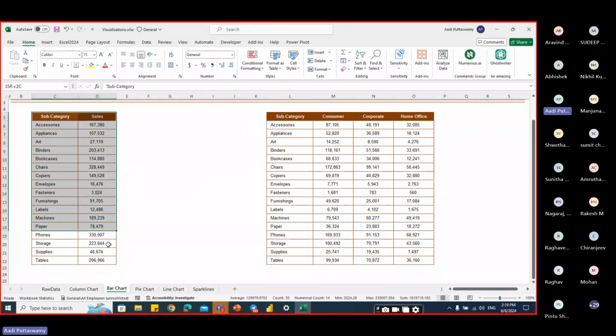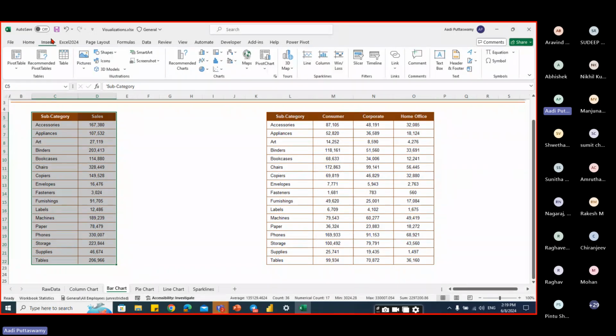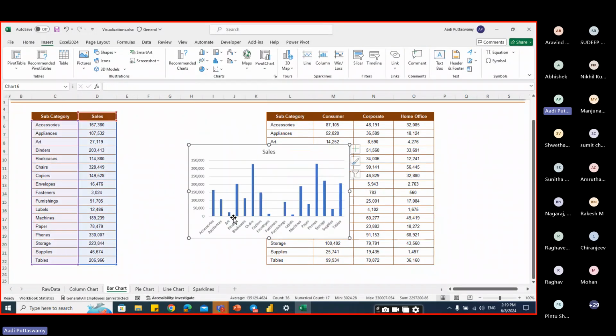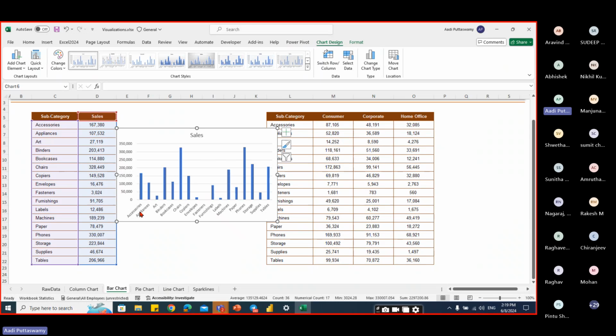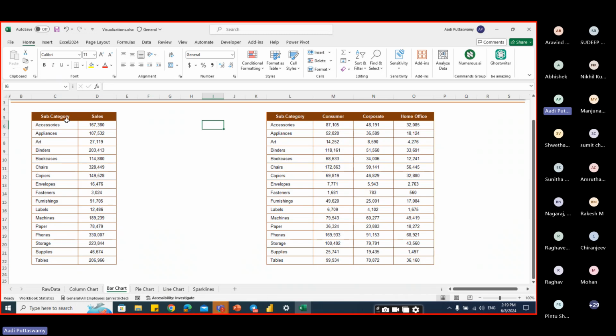See here, I'll just select this. I'll say insert, and here I'll create one chart. See, the labels are actually slanting. The bars are very small here like this. Instead,